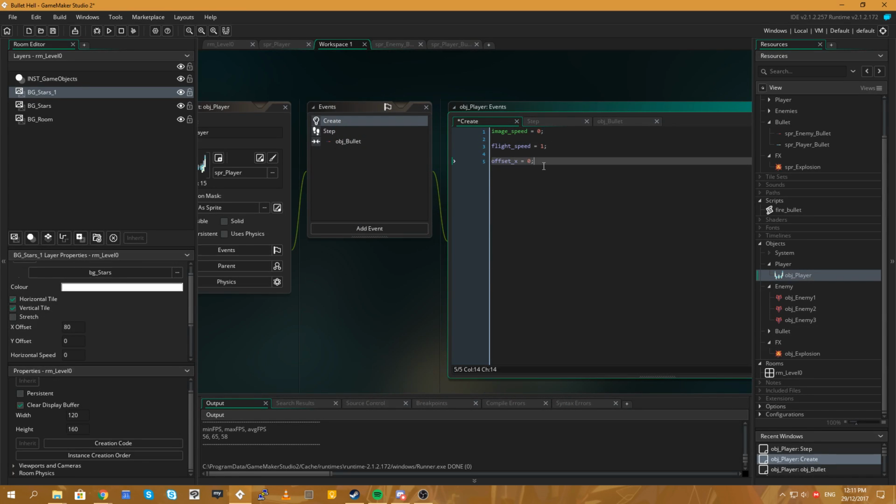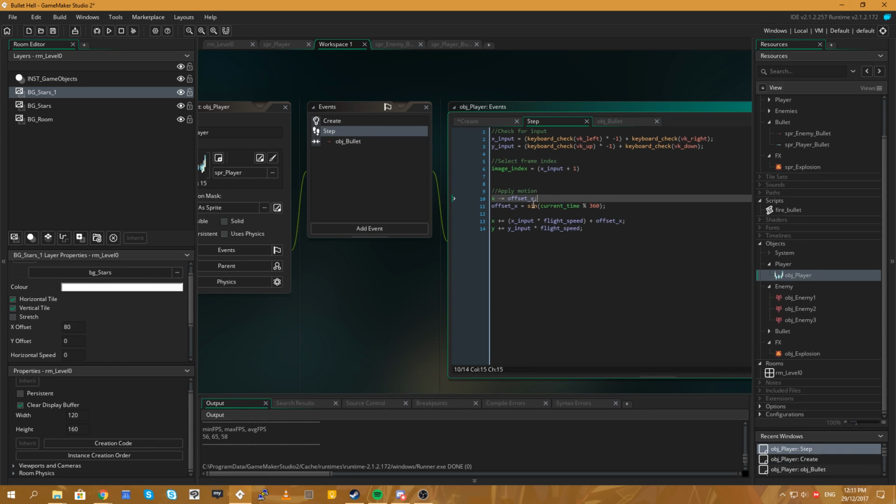Let's do offset Y. Sin for Y and cos for X. There you go. Thank you, math people! Alright, so cos for X, and then sin for Y. There we go. So we subtract the offsets. There we go, offset X, offset Y. And then we add that, and then we add the offset to our Y variable as well.